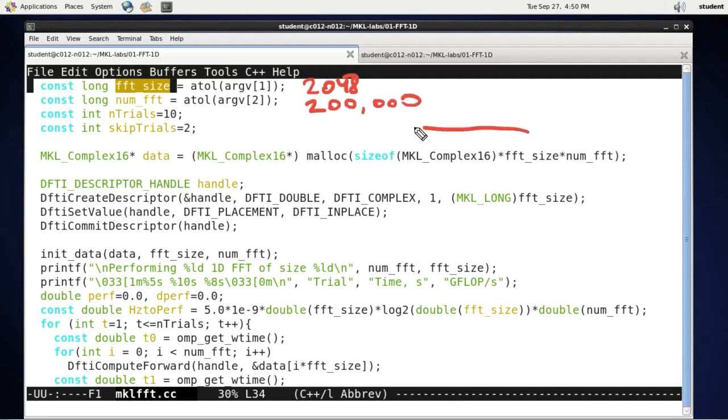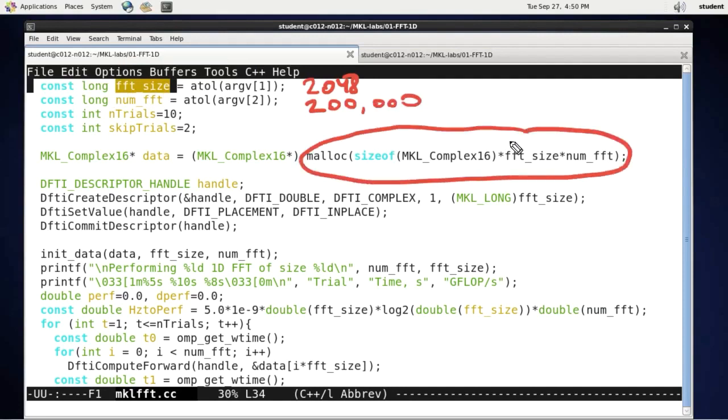Then it allocates a large array to keep this many transforms of that size. The data type is MKL complex 16, which is double precision complex numbers. Here I initialize the discrete Fourier transform interface. I create a handle, which is a descriptor of the transform. I say that it is going to be a double precision complex to complex transform, one transform at a time